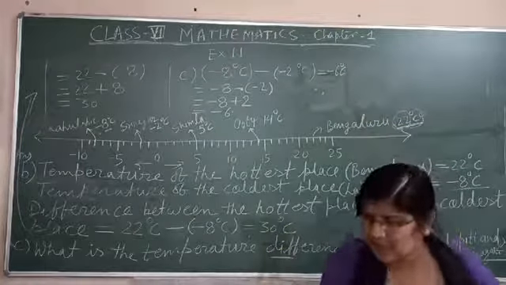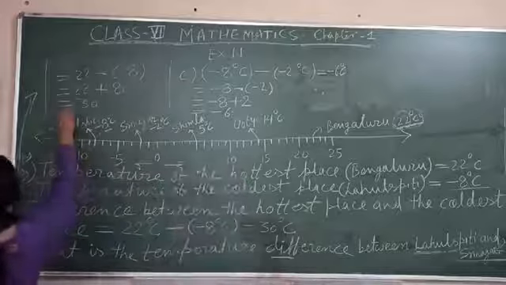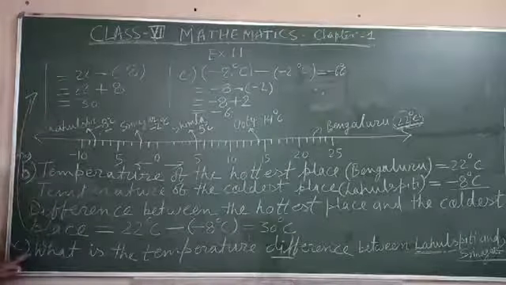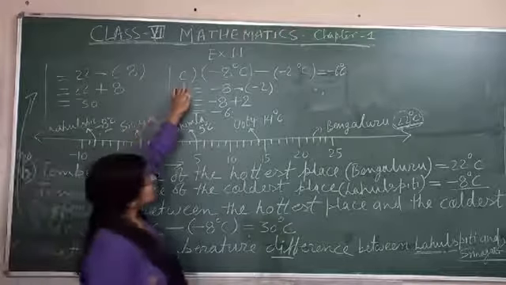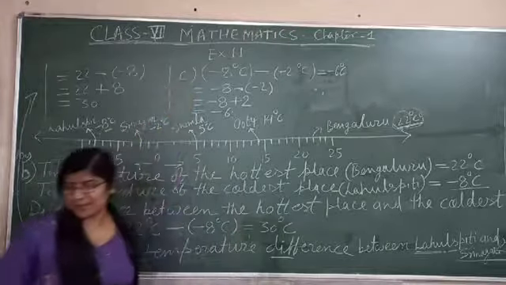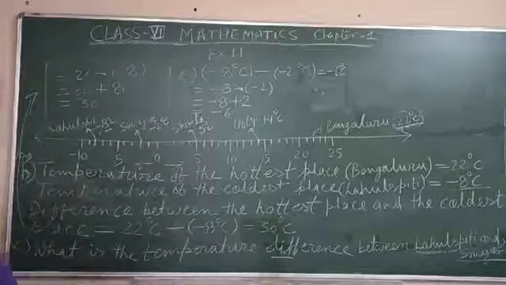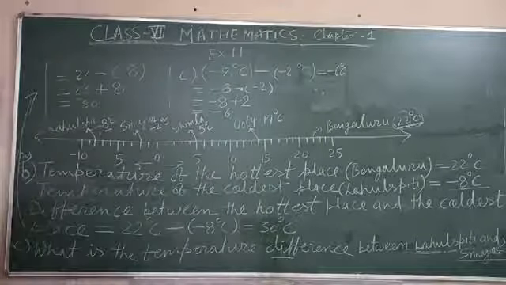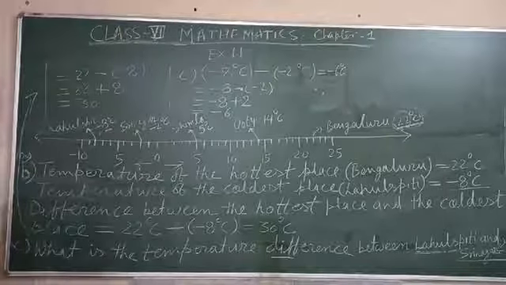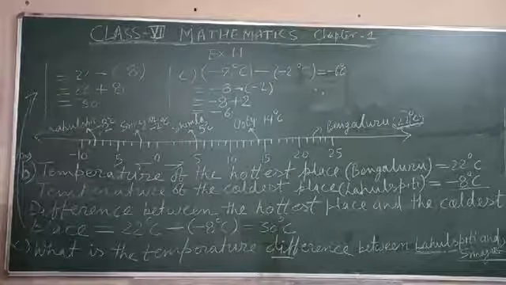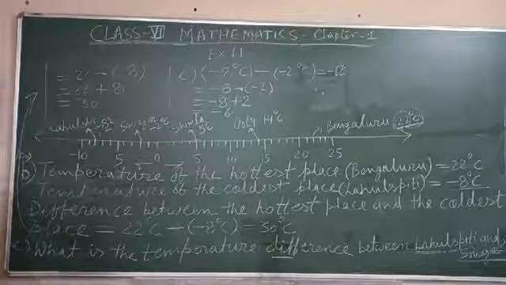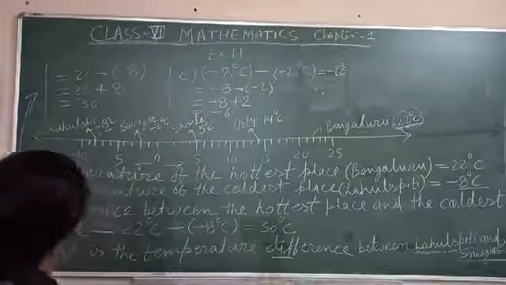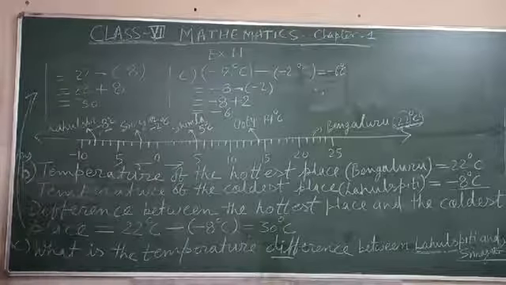Okay. This is your answer of question number 2.B. This is the answer of question number B, and this one is the answer of question number C. Now, what is your next question? Can we say temperature of Srinagar and Simla taken together is less than the temperature of Simla? Okay, we have done both questions B and C. Now we will do question D.